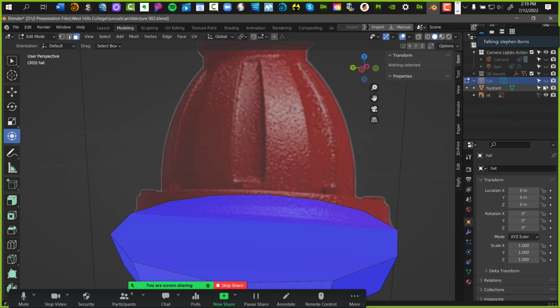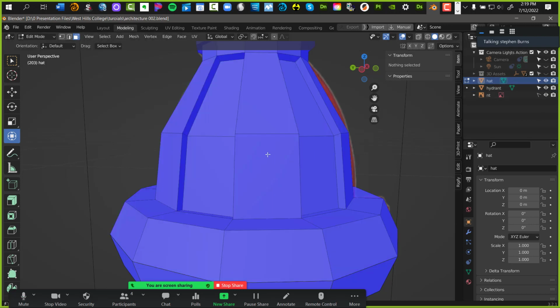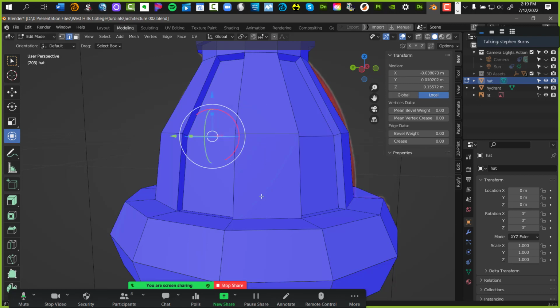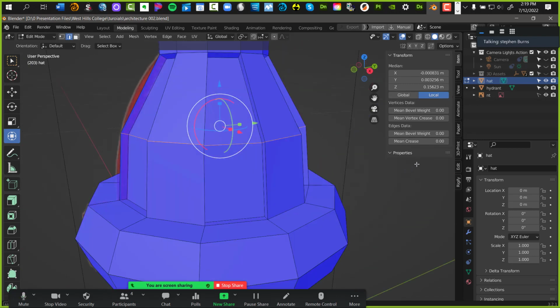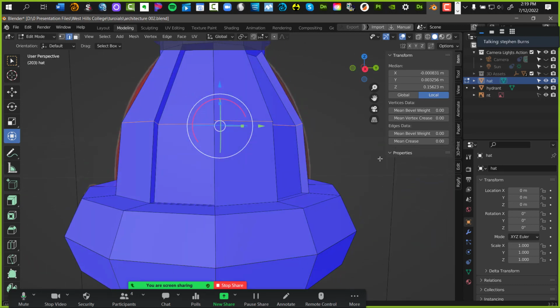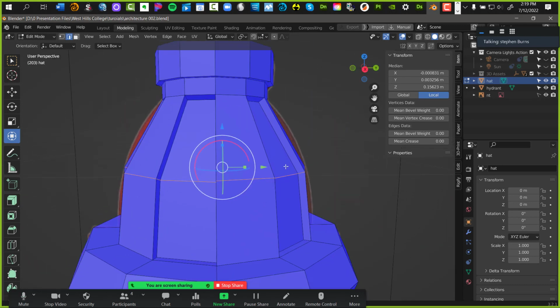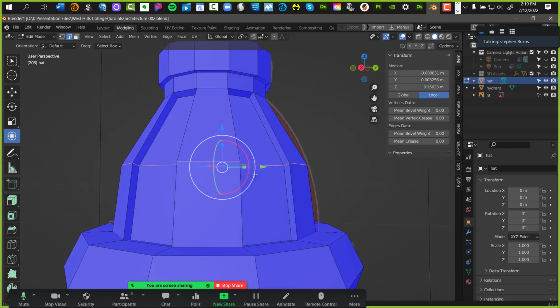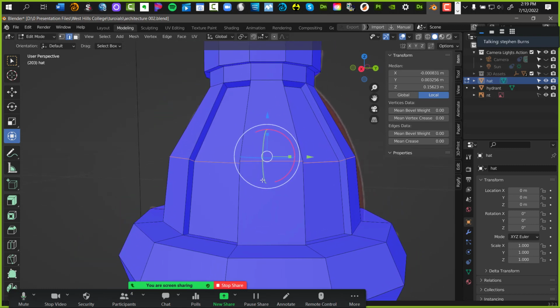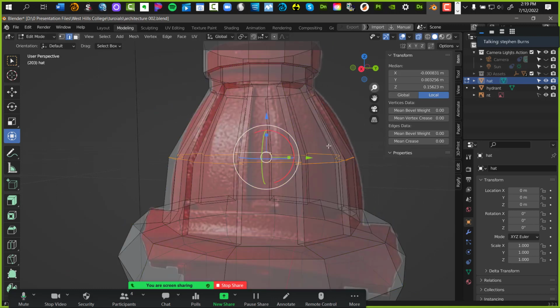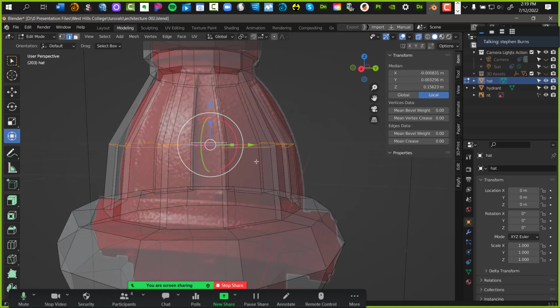Let's turn this back on for the hat. Go to edge editing mode. Double clicking on the edge selects the entire loop right across here between the two. I didn't need to add more polygons in there because I'm going to have the bevel command do it for me. So I'm going to go back to X-ray so I can see what I'm doing.